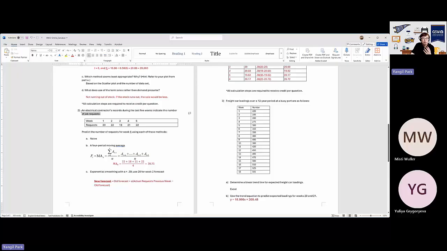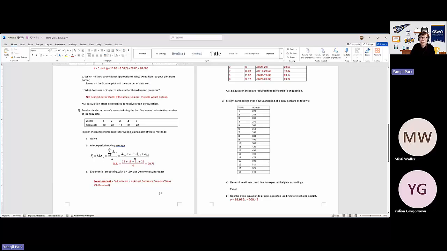just for the practice. So we have another set, which is the electrical contractors data set. What they have is the number of requests for each week, but only 5 weeks again, very short. So it's just going through the naive method again, and moving average. So apply that. And exponential smoothing, if you recall, is the smoothing effect by multiplying alpha, which is between 0 to 0.5,